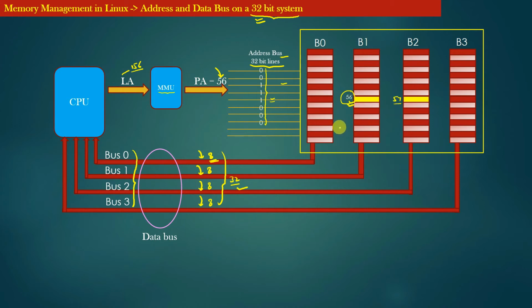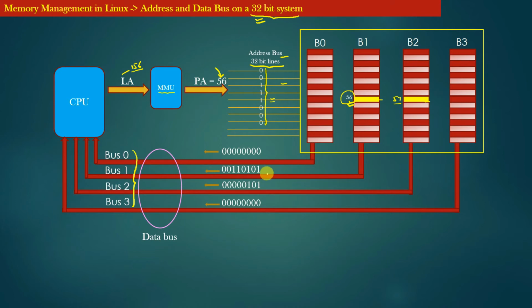Let's say, for example, the CPU wants to read 2 bytes of data. Whatever data is present in these memory locations, that is at memory locations 56 and 57 in physical memory, the same data is then pulled onto these data bus wires, right? You can see that since the CPU was interested in reading the data at memory locations 56 and 57,